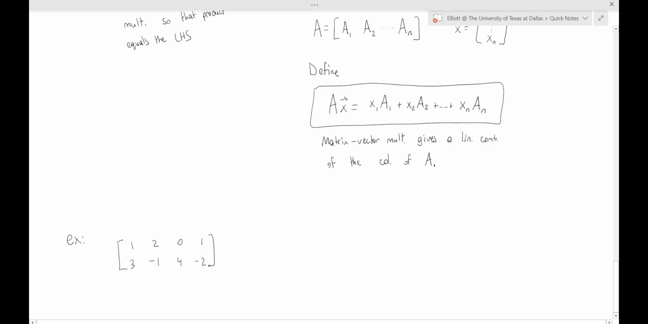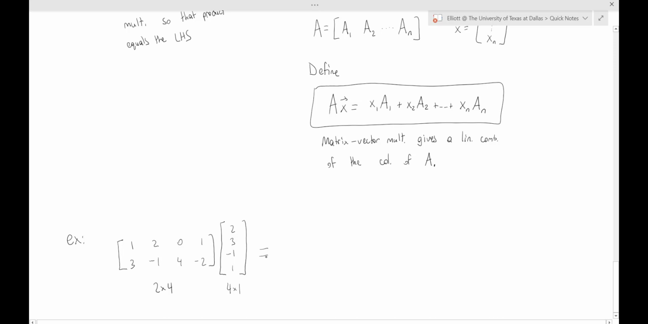Okay, so here I've got a size 2 by 4 matrix, 2 rows, 4 columns. Since it has 4 columns, if I want to multiply it with a vector, that vector will have to have 4 components. So it'll be size 4 by 1, 4 rows, 1 column. So to multiply this matrix with this vector,